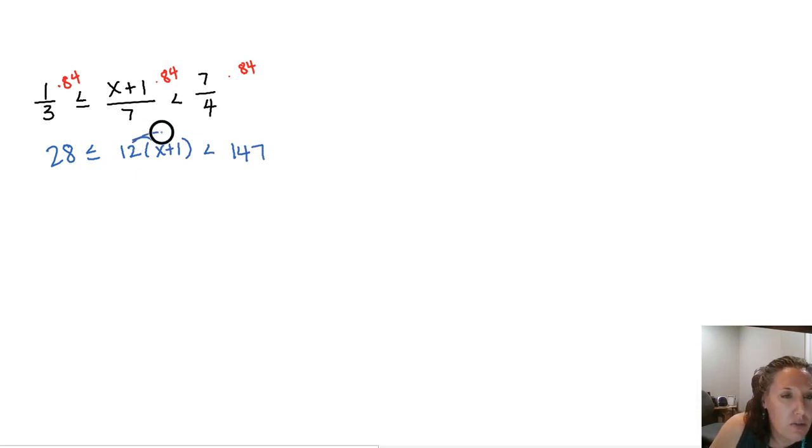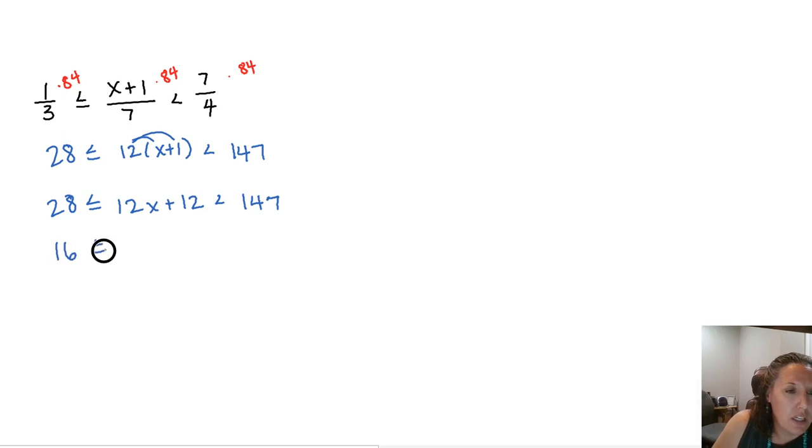And let's go ahead and distribute this 12 in the middle. So we get 28 is less than or equal to 12x plus 12, which is less than 147. We'll subtract 12 from all three sides. 28 minus 12 is 16, is less than or equal to 12x,